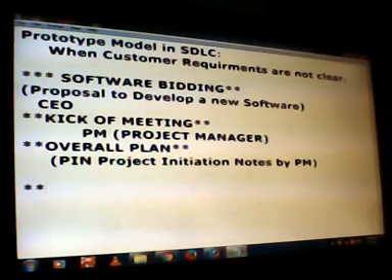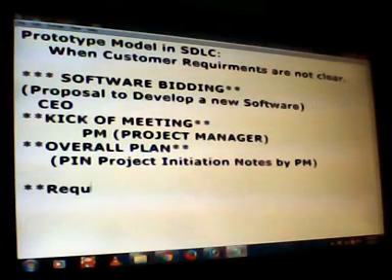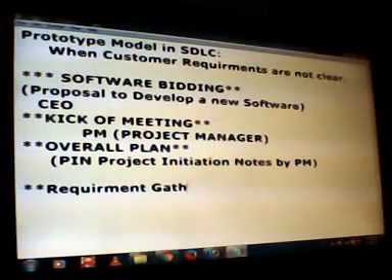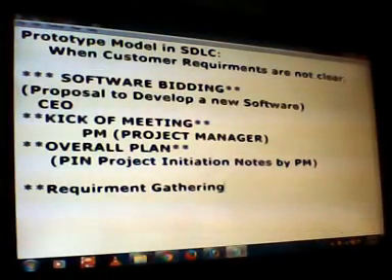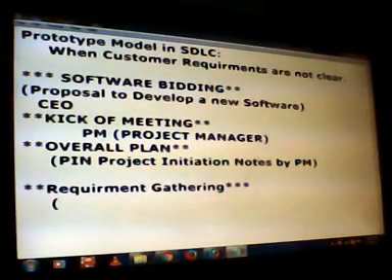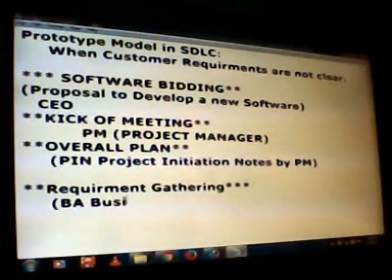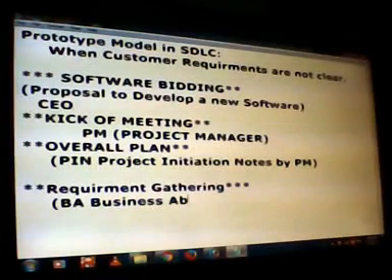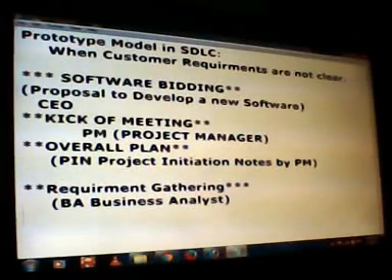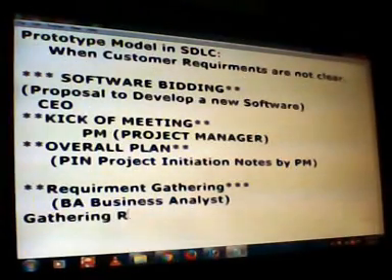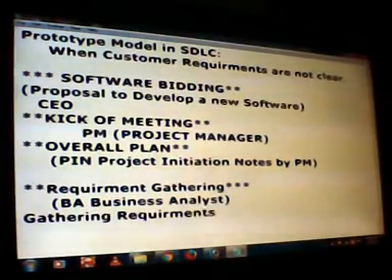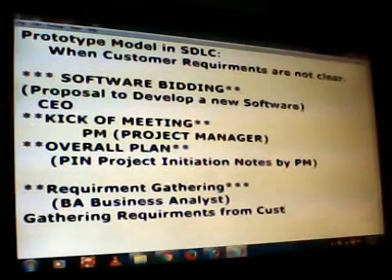After successful initiation of the nodes by the PM, the PM is going to forward these nodes to the business analyst, and the business analyst is going to gather the requirements, requirement gathering, from the customer. The business analyst's role is to gather requirements from the customer.